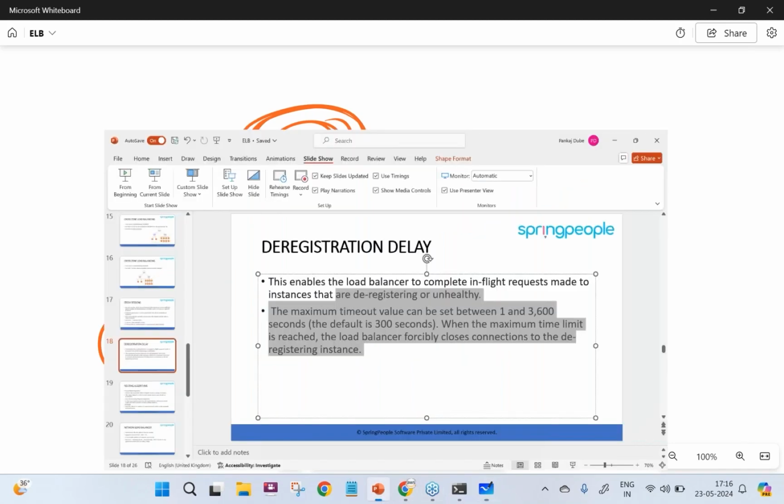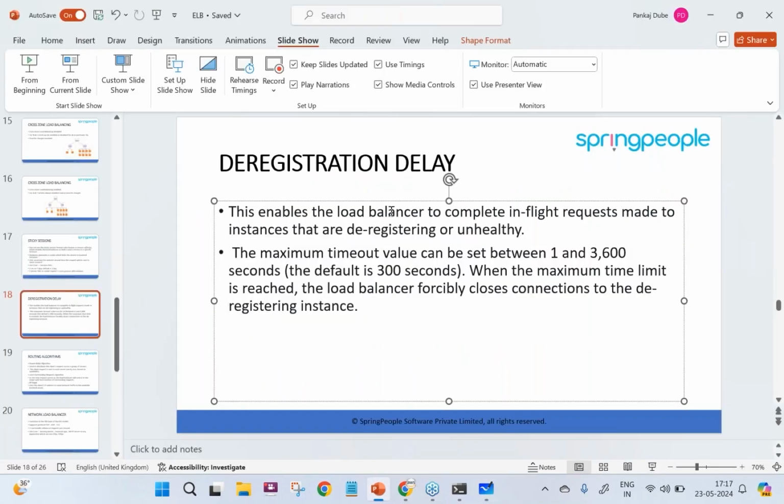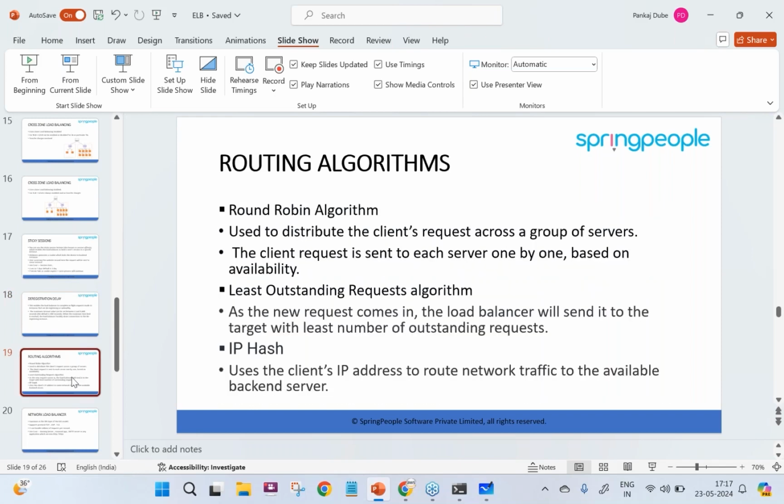That is the deregistration delay. This enables the load balancer to complete in-flight requests made to the instances. The value can be set between 1 and 3600 seconds. Default is 300 seconds.